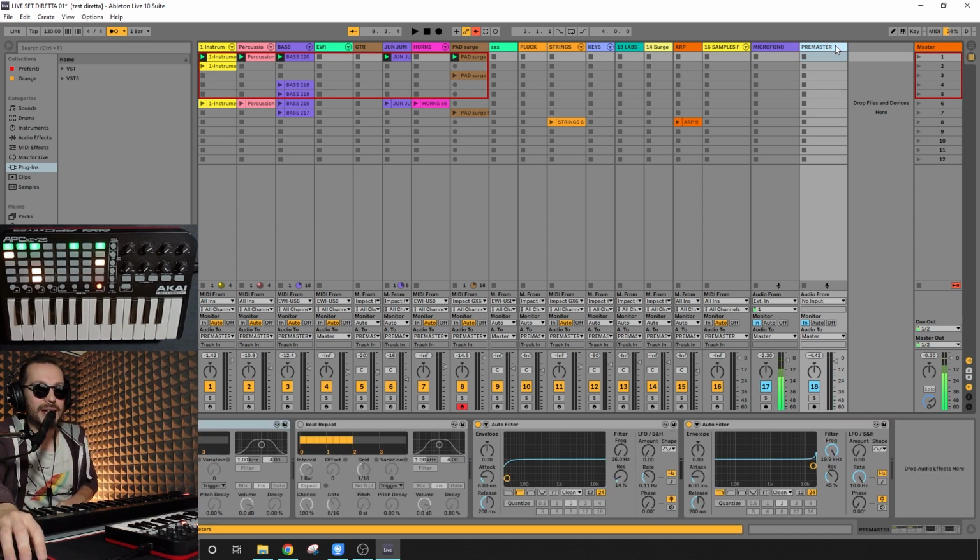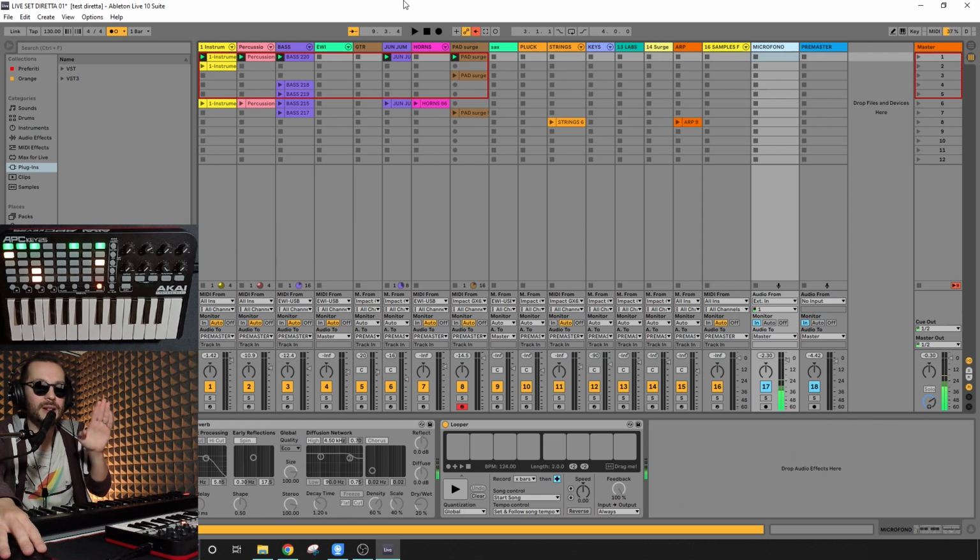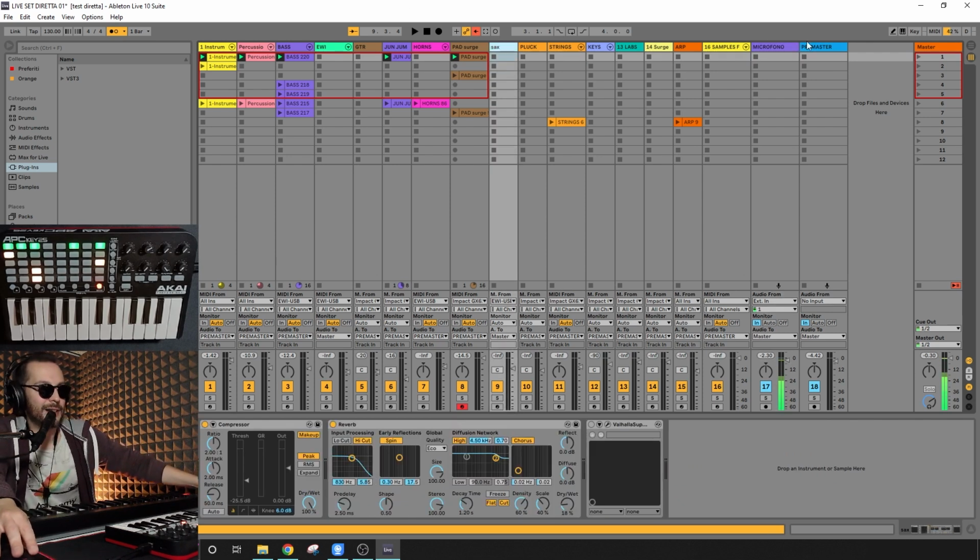The last track here is a pre-master, which is an audio track collecting audio coming from some of these tracks. I'm gonna explain how my audio chain works later on, but for now, just ignore this track. This track doesn't exist for practical purposes. These tracks, however,